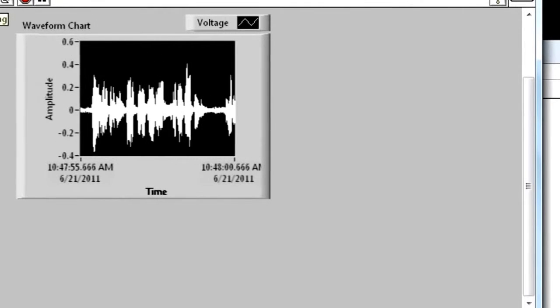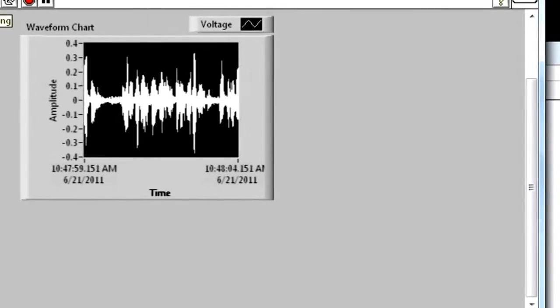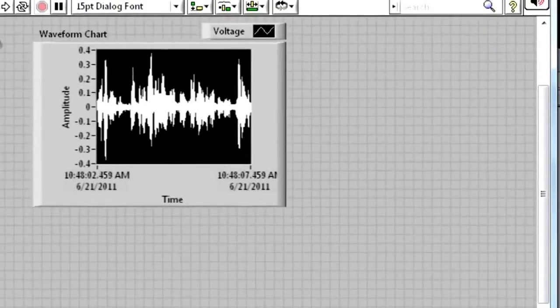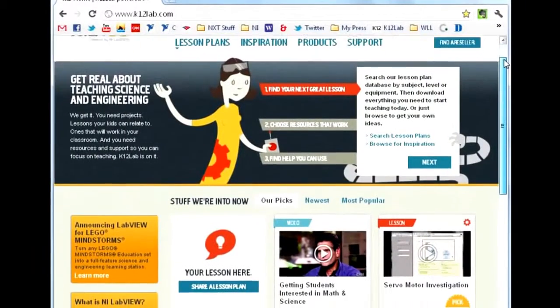You can use this exact same method to read in any signal using MyDAC, whether it's an MP3 player or a motion sensor. For more examples and ideas, be sure to check out